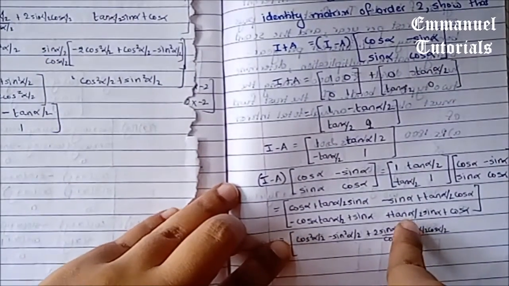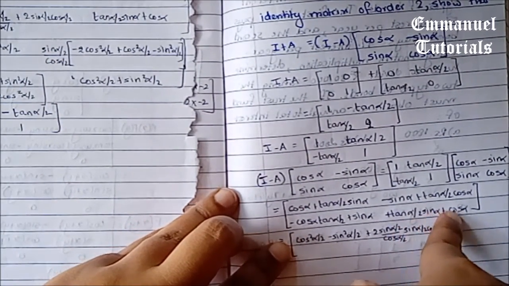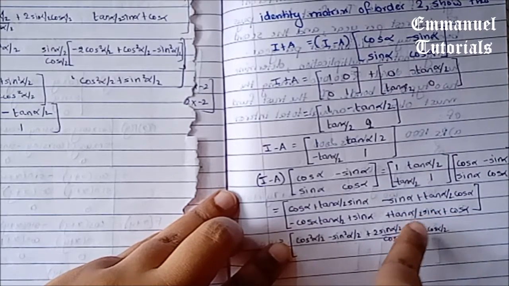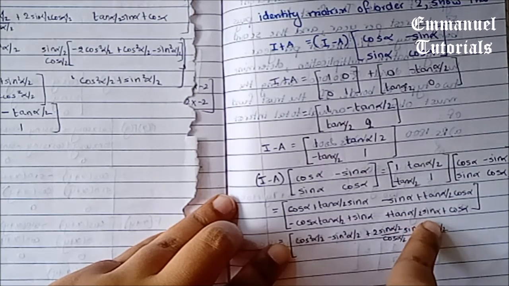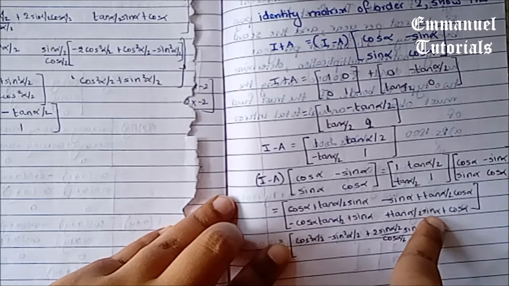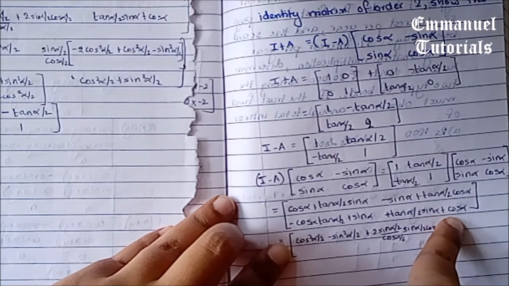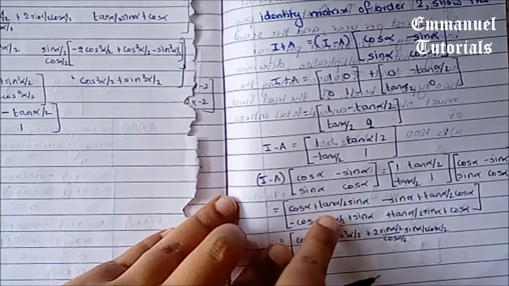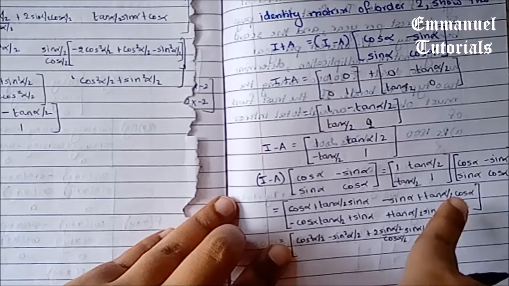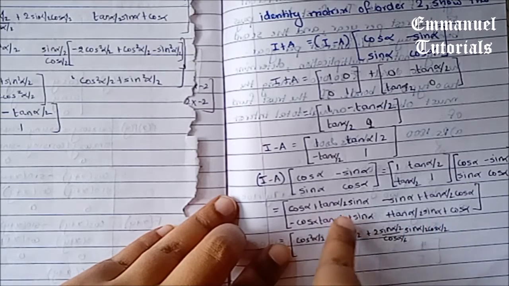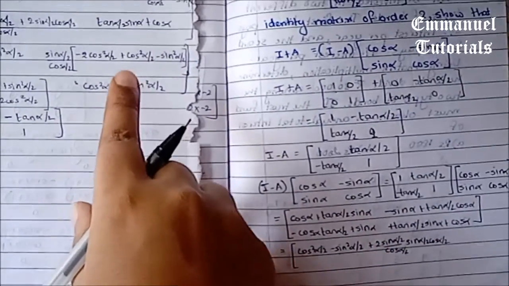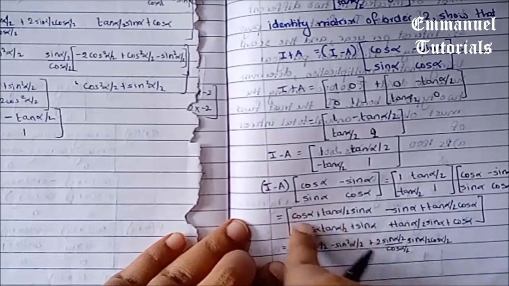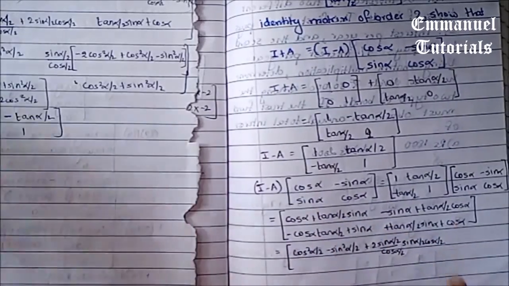Also, the last term, that is tan alpha by 2 into sin alpha plus cos alpha. This will give us sin alpha by 2 upon cos alpha by 2 into 2 sin alpha by 2 into cos alpha by 2 plus cos alpha. So that is cos square alpha by 2 minus sin square alpha by 2. Now you can see that these two are the same terms. So you can just keep this as it is, even if you want, then in the next step you can directly take the value that you get for the first term, because these two are the same terms.